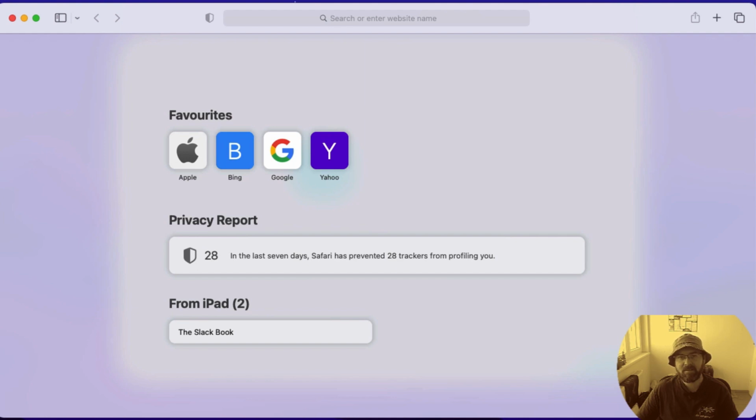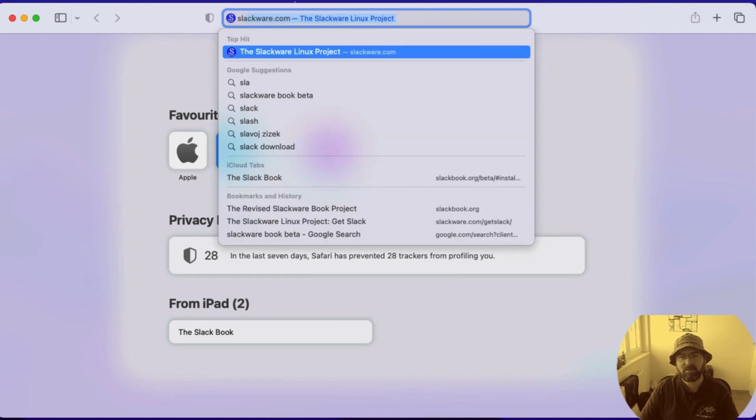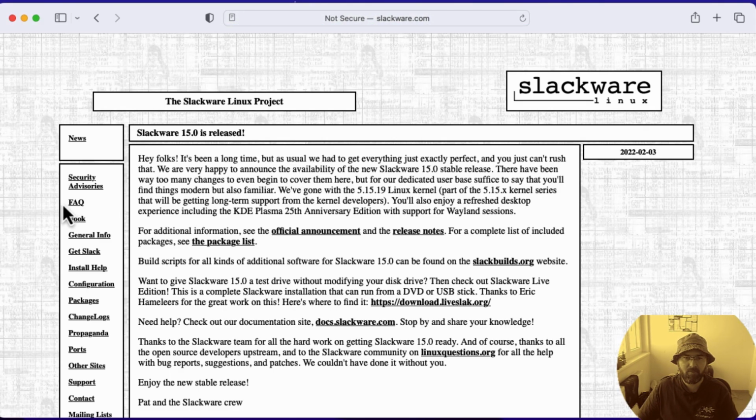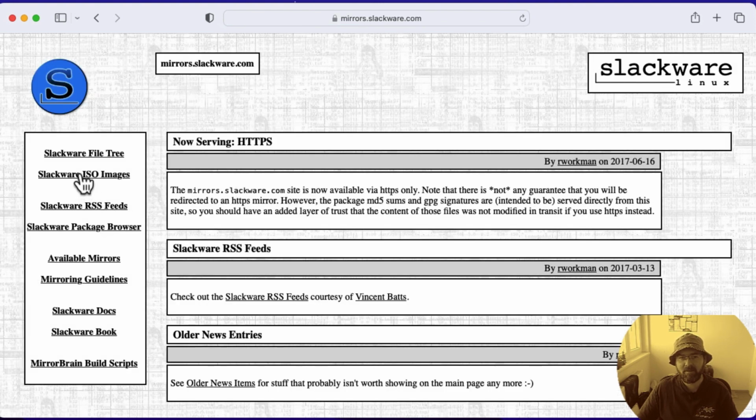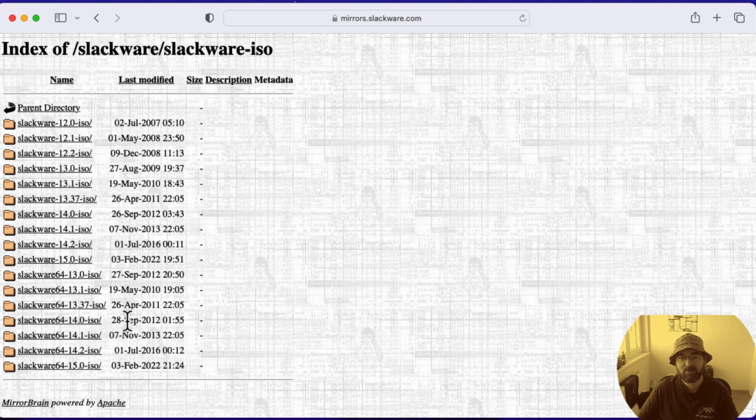Hey there, let me start with the installation of Slackware Linux distro. The first thing we need to do is go to slackware.com and, following the structure of their menu on the left side, we go for Get Slack, and then under Mirrors, we search for Slackware ISO images. Once we are there, we need to find the latest and greatest, which at the moment of recording is Slackware